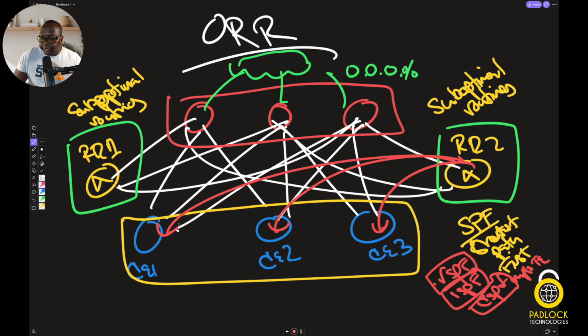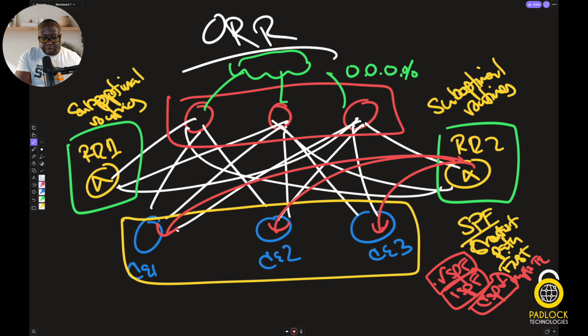So it will say, hey, when I get these routes, before I distribute them down to the CEs or send them to the CEs, what I'm going to do is run the SPF algorithm as if each of these CEs is the root. Because if you don't have this, then the RR runs it as the root of the SPF algorithm. So I'm the root of the tree, basically. And RSPF will say, nope, I'm going to say CE1 is the root of the tree. And then based on whatever the best or optimal route from CE1's viewpoint, I'm going to send that